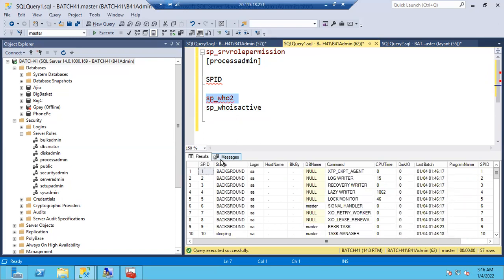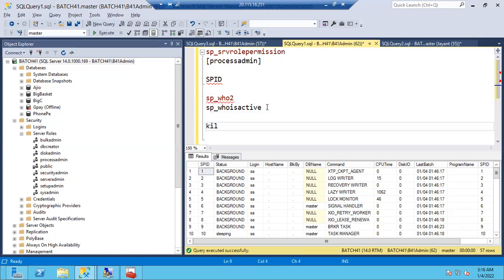Clear, guys? Is it clear? So I decided that one of the processes is taking more CPU, more memory. It is consuming the whole memory, and other processes are not running due to lack of resources. Other processes are unable to complete. So what are we going to do? Sometimes we have to kill the processes. How to kill the process?